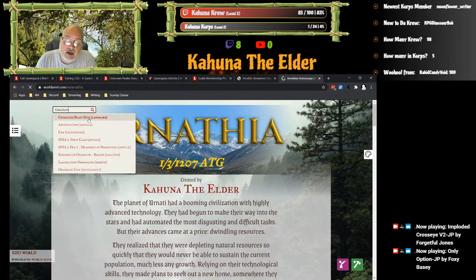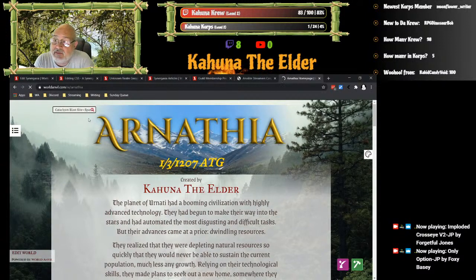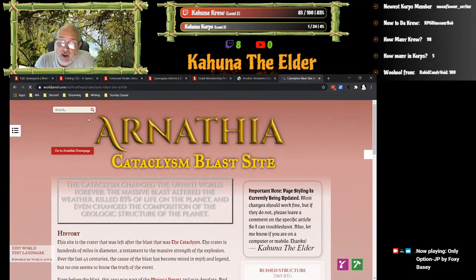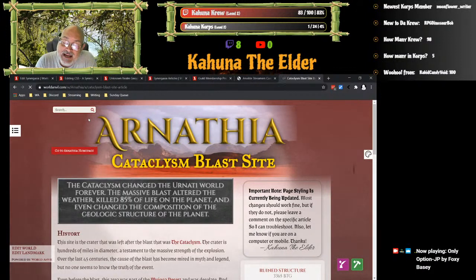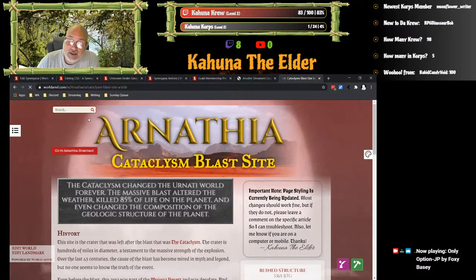Okay, so again, you can see the background, forest, the whole nine yards, right? Now we go to this one, the Cataclysm Blast Site. This page is designed to give you a totally different feeling of what is going on. In fact, you can see that I actually have an animated explosion in the background. It's a different header.